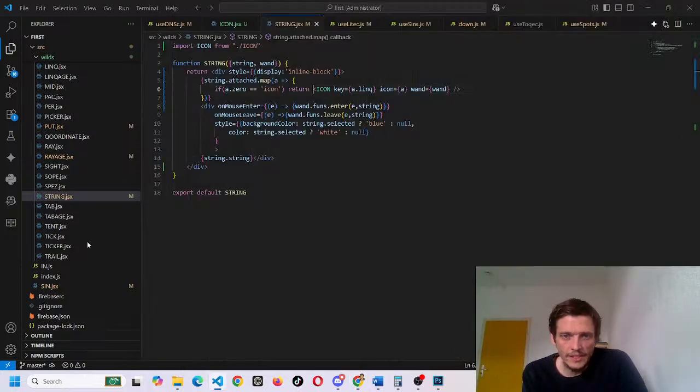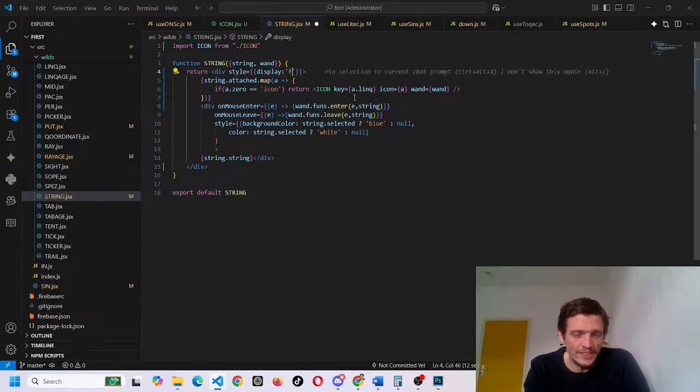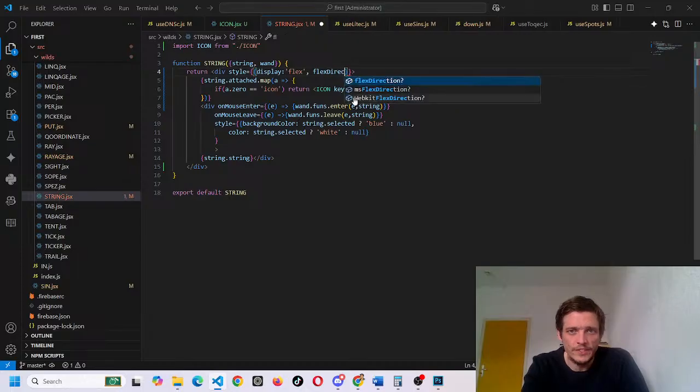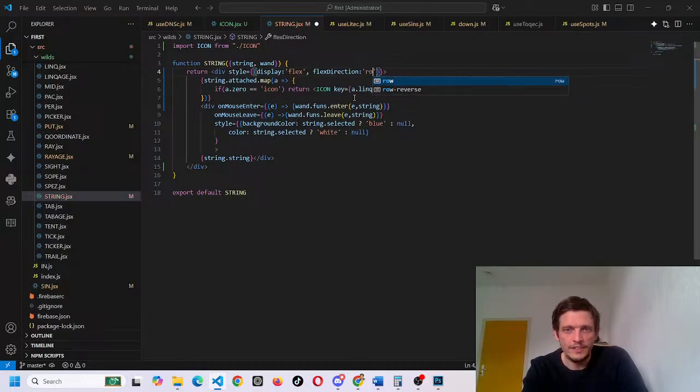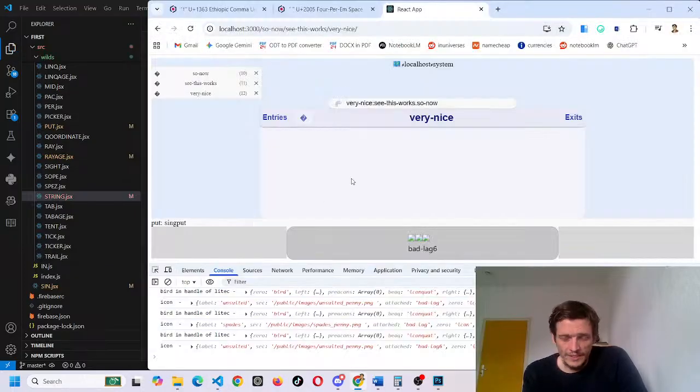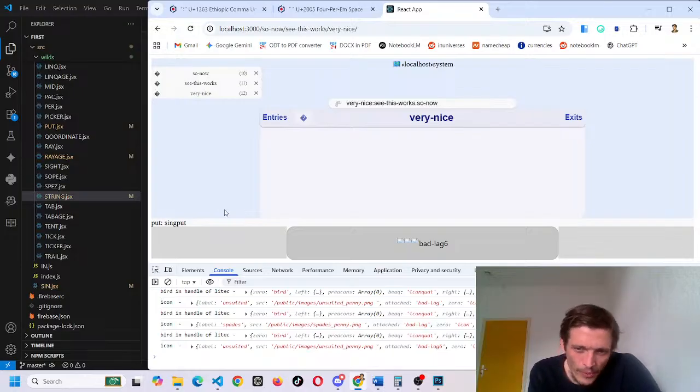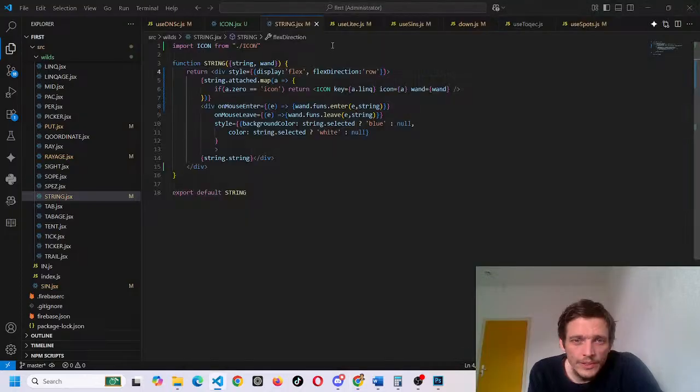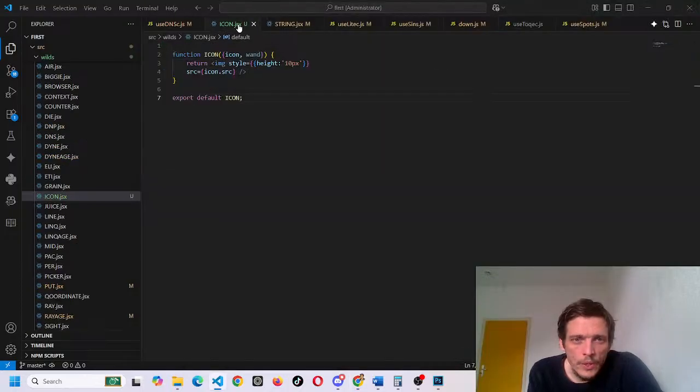first, let's do just display flex again and flex direction equals row, because I know that this kind of works. And this cuts off, which sucks, but why does it cut off? Why is it so weird? But first, why is the source not